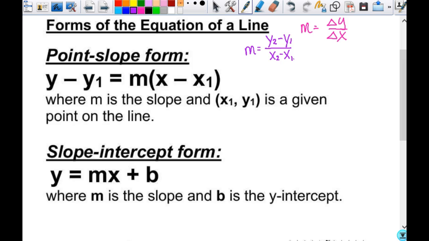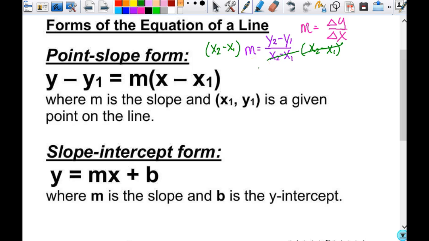So what if I wanted to get rid of my fraction? What do you do to get rid of the fraction? Anytime. Multiply by what? The denominator, right? So this is the denominator, right? So I'm going to multiply both sides by x sub 2 minus x sub 1, x sub 2 minus x sub 1, right? What happens on the right-hand side? They cancel out. And then, so what I have left is